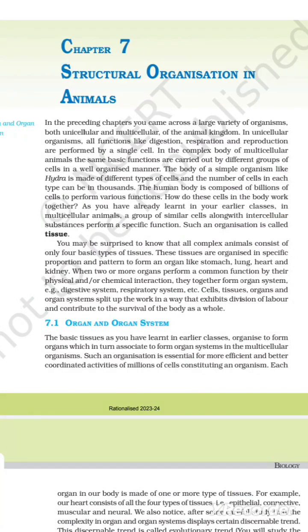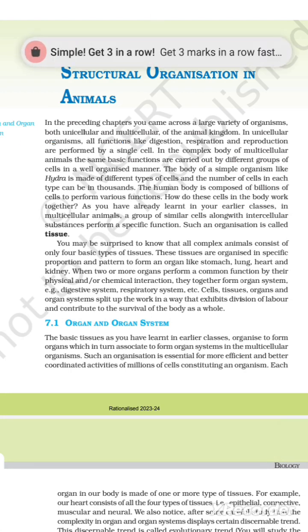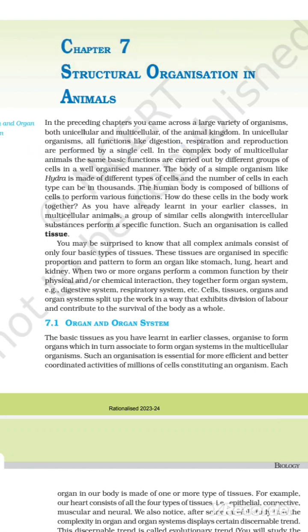Class 11, Chapter 7: Structural Organization in Animals. In the preceding chapter, you came across a large variety of organisms, both unicellular and multicellular, of the animal kingdom. In unicellular organisms, all functions like digestion, respiration, and reproduction are performed by a single cell. In the complex body of multicellular animals, the same basic functions are carried out by different groups of cells in